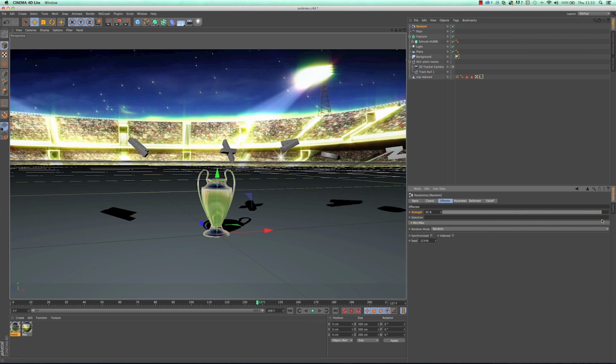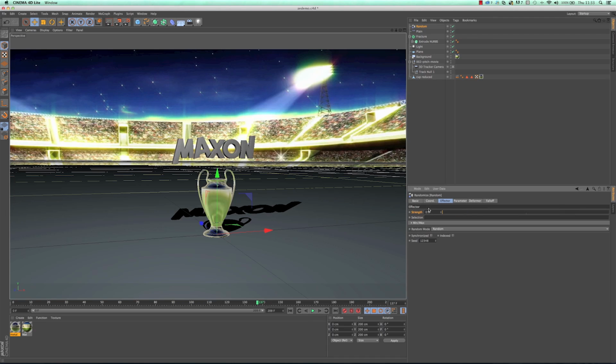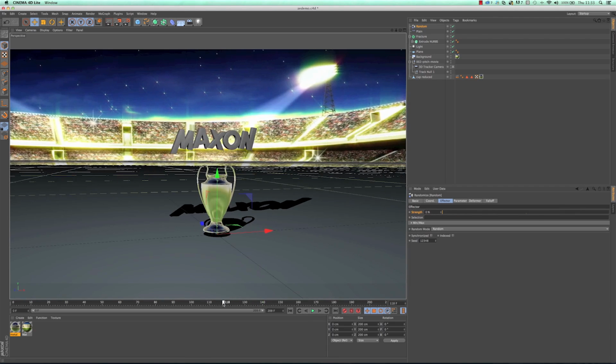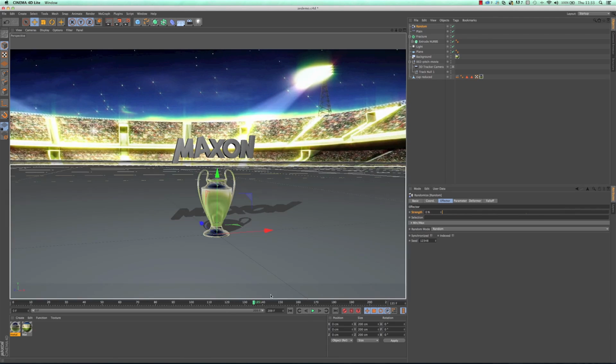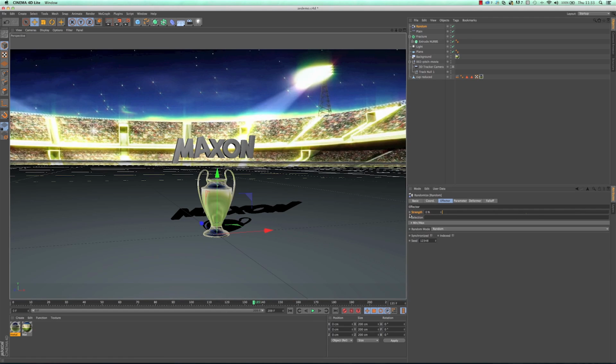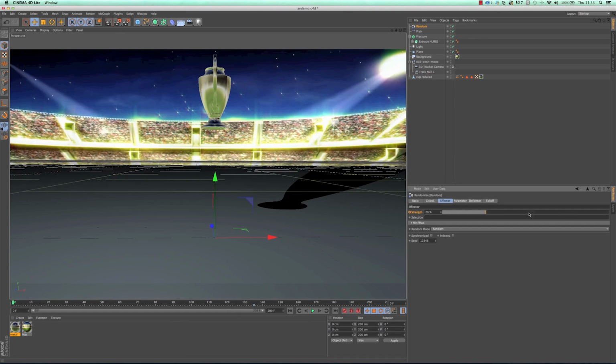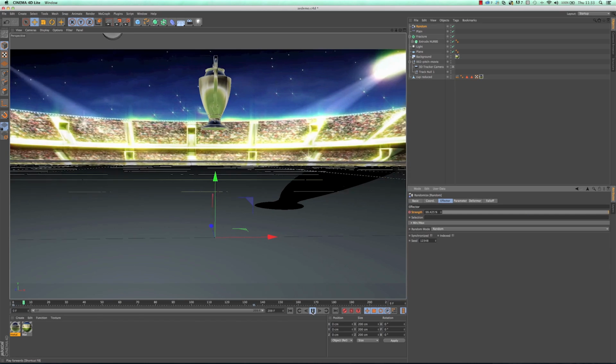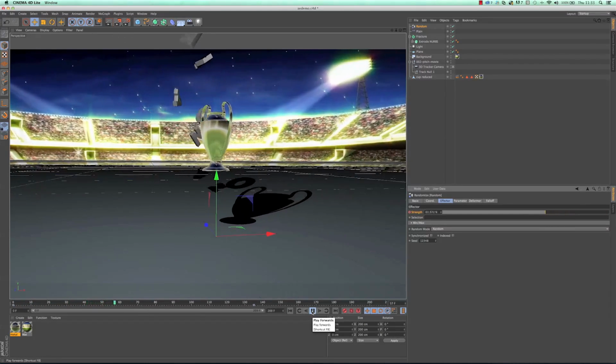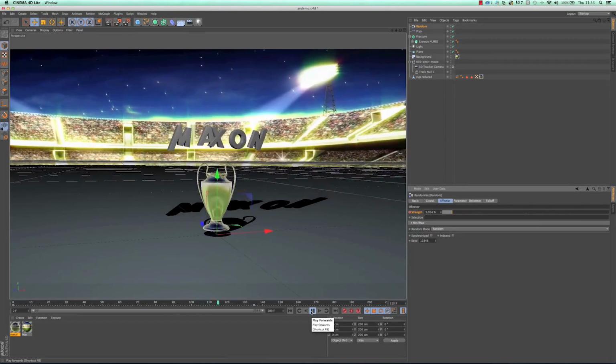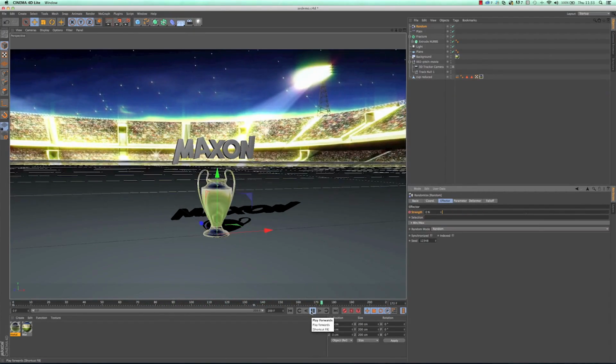So that looks cool. And of course we can do exactly the same thing here. So we can say, okay, when the logo comes in, we want the strength to be at 0. So we can hold down the keyframe there again, control click, go to the start, change the strength to 100, and control click, and let's have a look what's going on. Now we've got this awesome looking animation on that text, very, very fast.